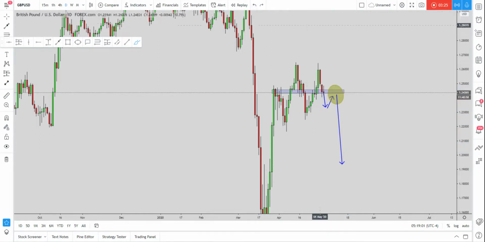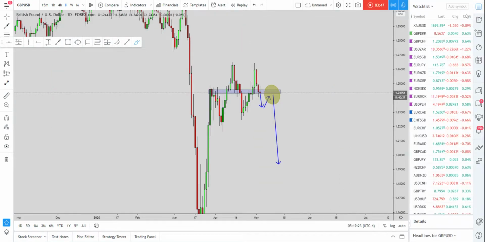But we need to see a clear daily close back below this level to confirm it as new resistance, because now it is support, and from here the market should bounce to the upside. Obviously, it has to face also weekly resistance, but from a daily perspective, it has support at this level. So we have to wait for it to break to the downside before we can be looking for a possible